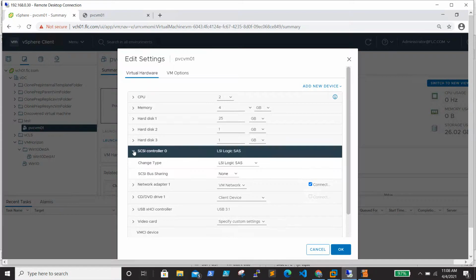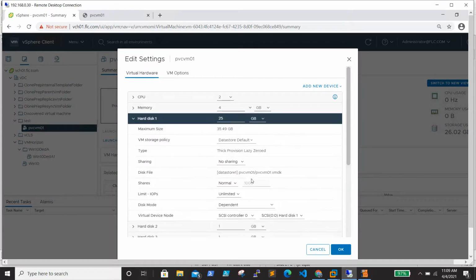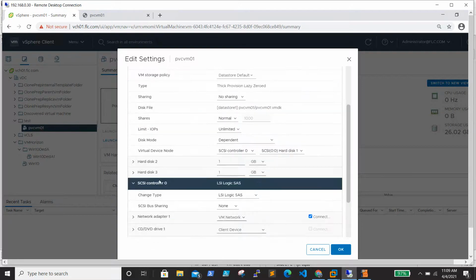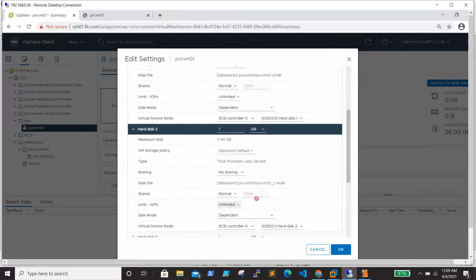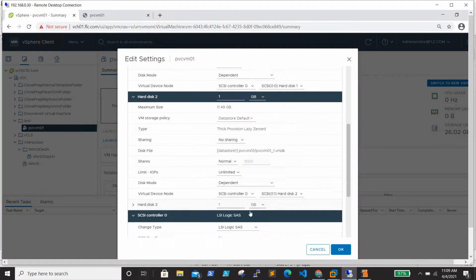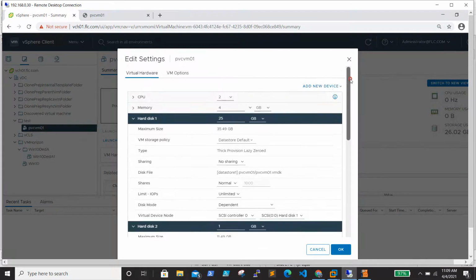If you see here, disk 1 is the C drive on SCSI controller 0, and disk 2 is also on that controller. You can do it directly by selecting here and changing it to a new controller, but that is not recommended because it will go to BSOD.